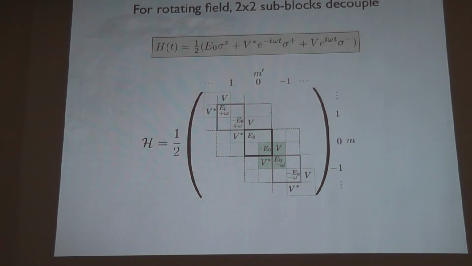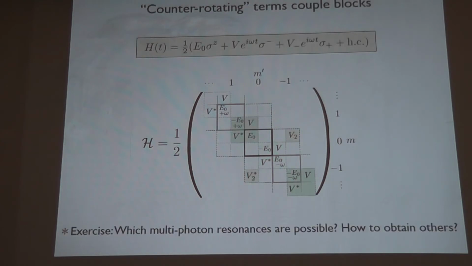It's so simple. And that's basically relating to the fact that the problem is almost trivial. I can go to the rotating frame and solve it. But now that we have this formalism at our disposal, we can go beyond the rotating field case and say, what happens if I add so-called counter-rotating terms, the terms I would get from, say, cosine driving